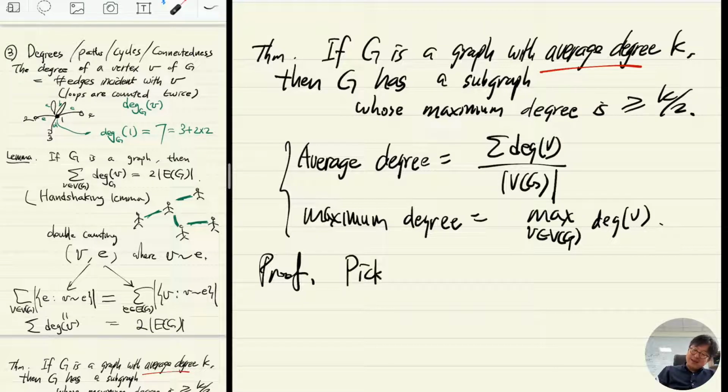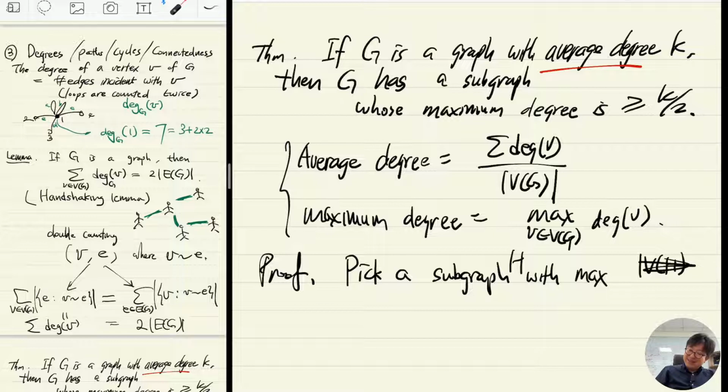Let's pick a subgraph H with the maximum average degree, that is, with the maximum E of H divided by, let's say, 2, because average degree is equal to